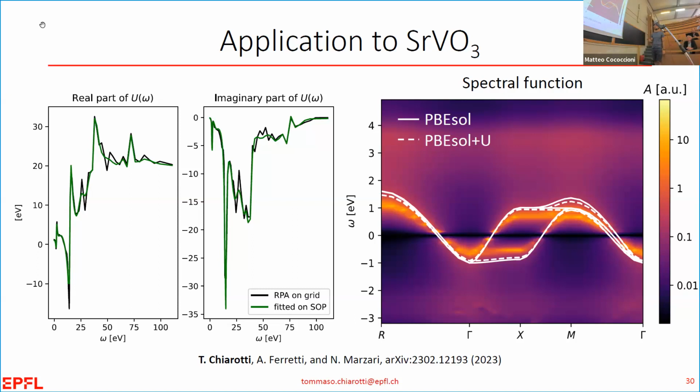Since these two satellites are actually brought by exactly this peaking U from the convolution, if you switch off this peaking U, these two satellites disappear. So you understand that the fact that the band is shrunk is the frequency of the U, and the fact that these two plasmonic bands appear is the fact that you have a plasmonic excitation between the T2G and EG bands, I guess. Okay, so the physics now of strontium vanadate is clear. There is no Hubbard physics, it's just plasmonic physics. Very good.